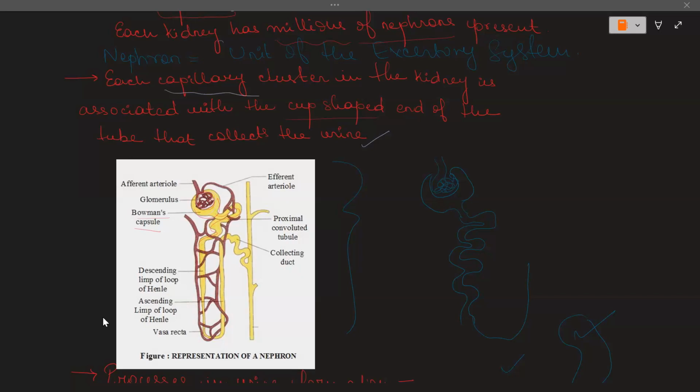Done, students? Ma'am, the diagram. You can leave the diagram for today. We'll begin